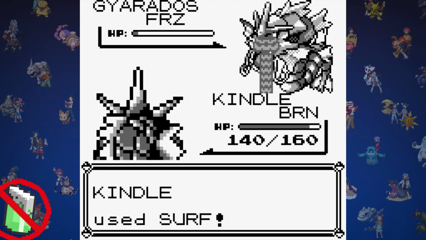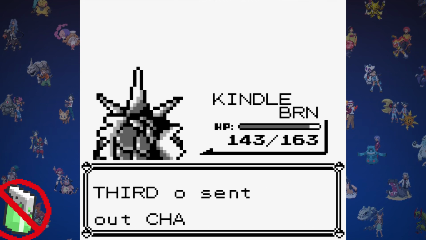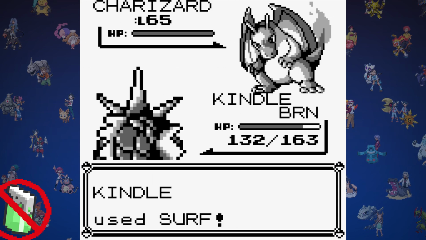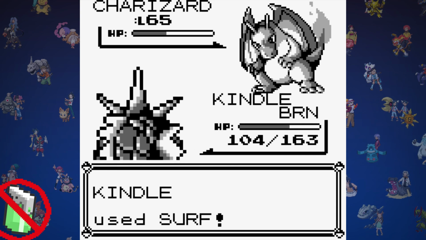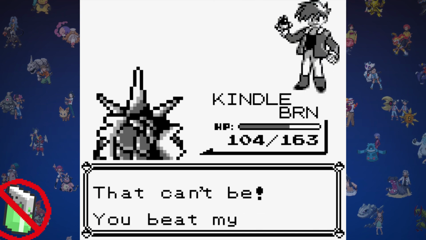Now is his Charizard. Rather fitting for a burn challenge. I expected it to use Slash, but instead it goes for Rage. Surf isn't strong enough to finish it, but I don't want to risk missing with Hydro Pump. It uses Rage again, but it doesn't do much. The final Surf finishes it off, and with that, we've managed to complete Pokemon Red while our Pokemon are always